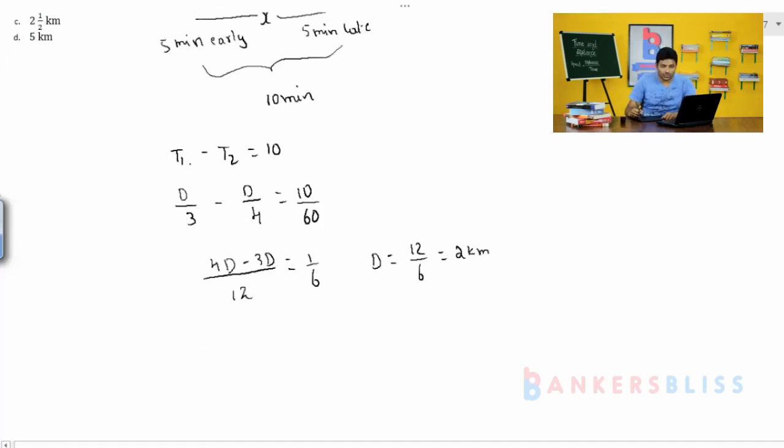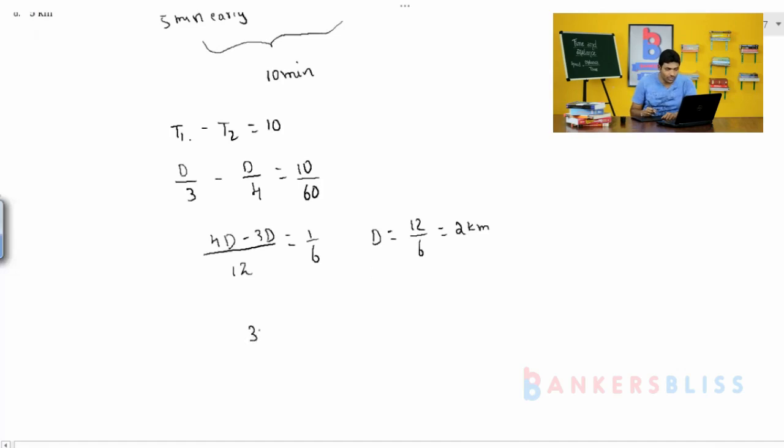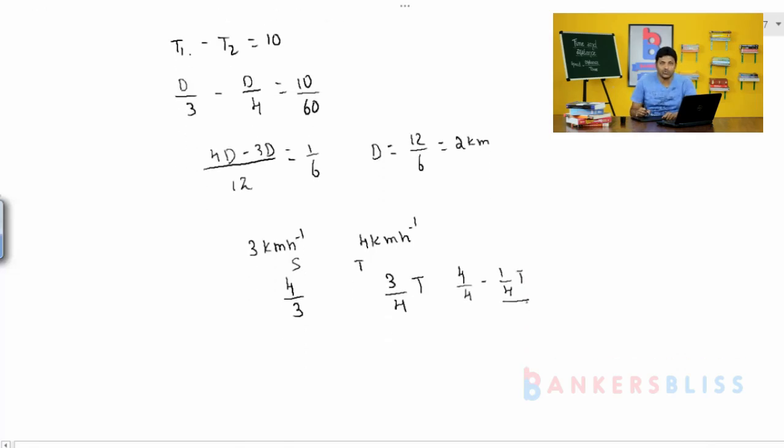One more method. So directly we can go, see here, 3 km per hour. Now it is going to become 4 km per hour. So the ratio of the speed is 4 by 3, then time will be inversely proportional to speed. It is going to become 3/4 of the time. So 3/4 of the time we can write it as 4 by 4 minus 1 by 4th of time. So 1/4 of time is the extra time what we have saved, that is